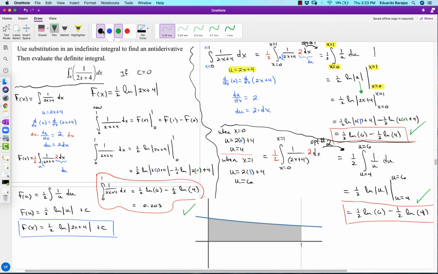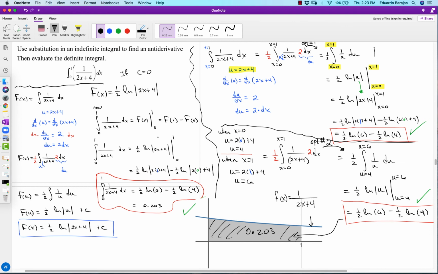Okay, so this function here is 1 over 2x plus 4, that was f of x, equals to this, and that would be this function here. And we just discovered that this gray zone here is equal to this. So this whole area here is 0.203 as an approximation, or this as an exact answer. So that area is this right here,